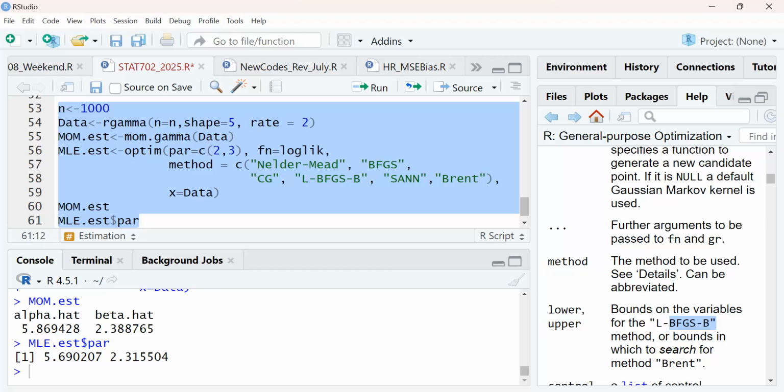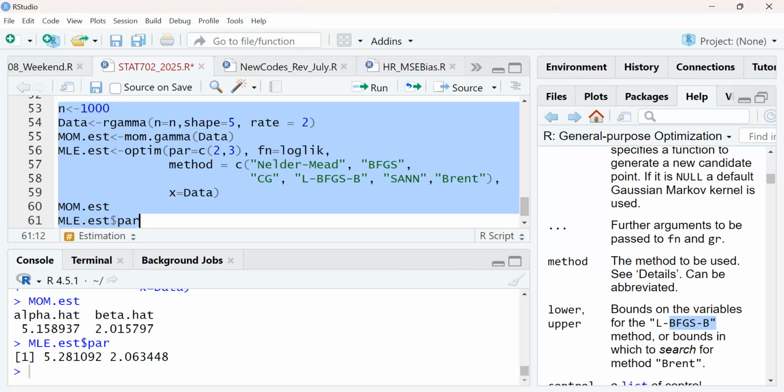Is that okay? Because with MLE, as n approaches infinity, we expect it to do better, but it's not every time. So this one, you see that MLE is better. This is closer to 5 than that one. This is closer to 2 than that one as well. But it's not every time. So it's still closer. So and so forth. Basically, on average, if you increase the sample size, we expect the MLE to do better.